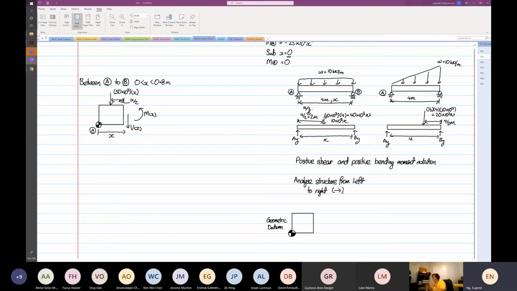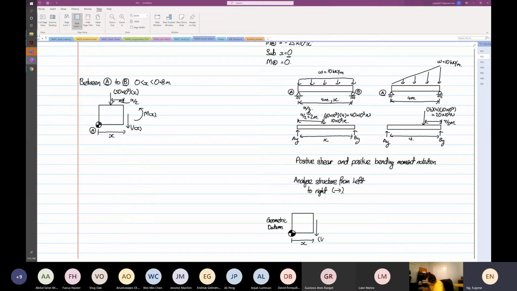Again, I repeat, the geometric datum is on the left-hand side, because later on, when we analyze the structure from left to right, the geometric datum did not move and will not move. Okay, so this is x. So when you analyze the structure from left to right, the geometric datum,